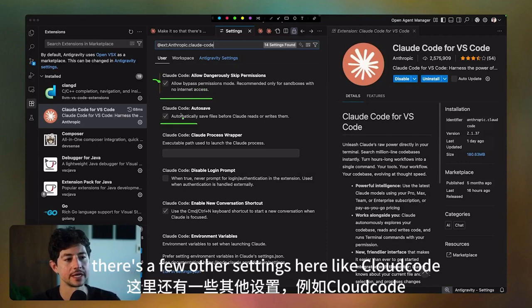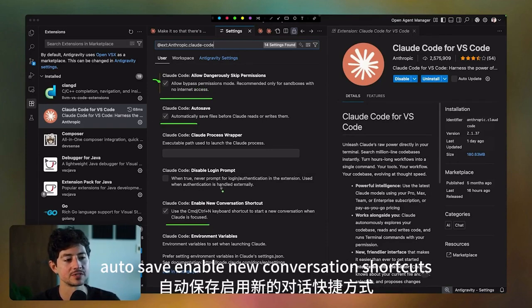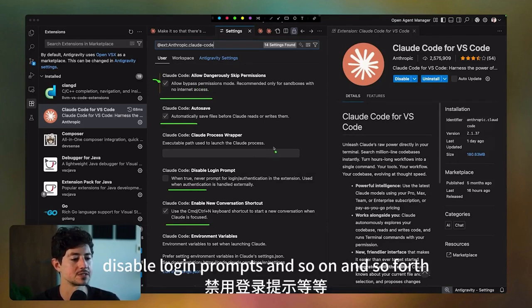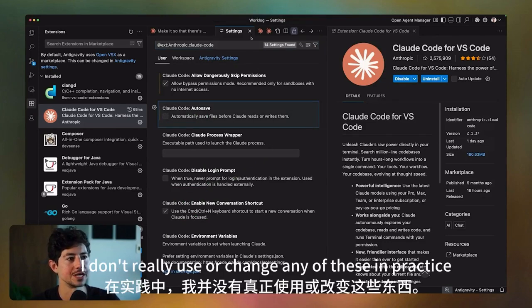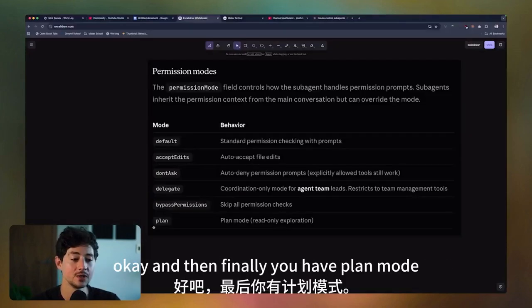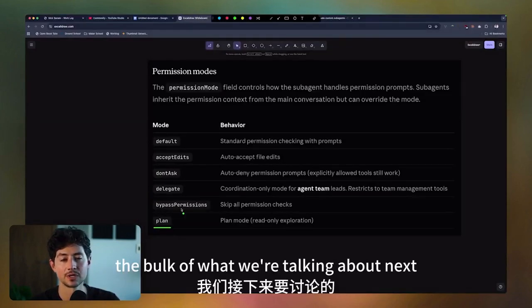There's a few other settings here like Claude Code autosave, enable new conversation shortcuts, disable login prompts, and so on and so forth. I don't really use or change any of these in practice. Okay, and then finally you have plan mode, which is going to make up the bulk of what we're talking